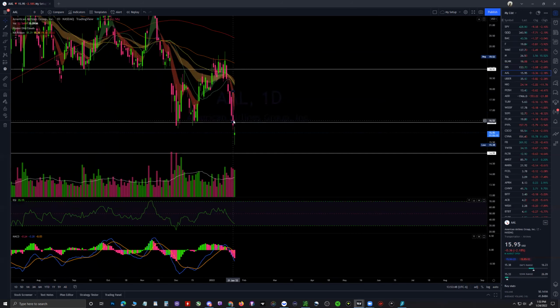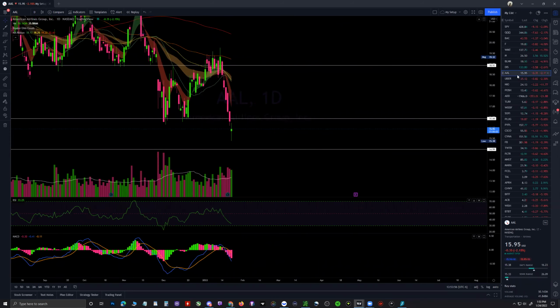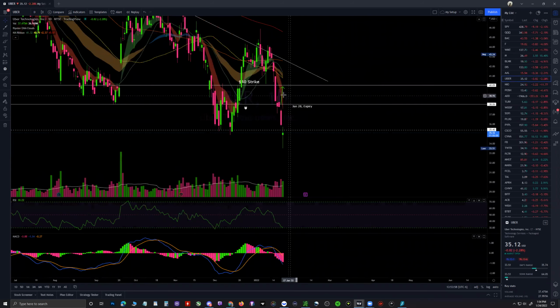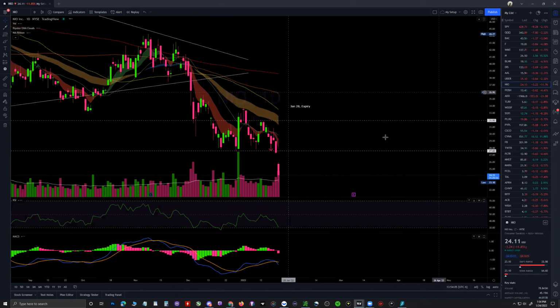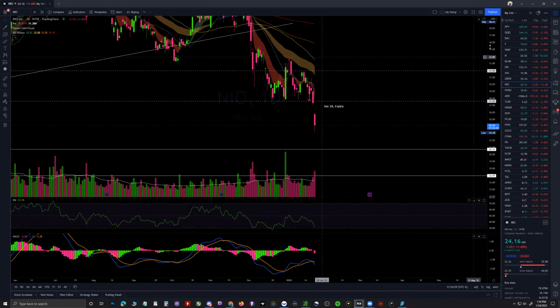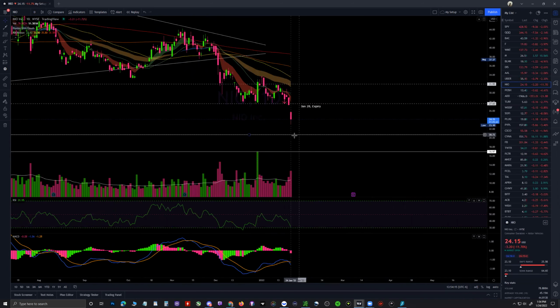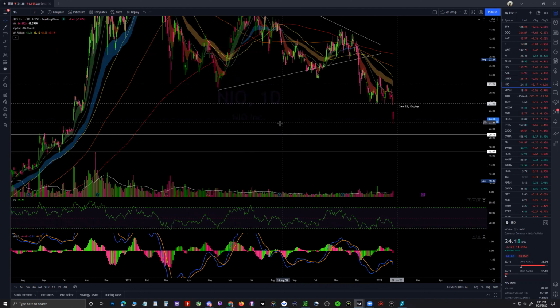American Airlines. Made some good money off American Airlines not too long ago. A little bit of a bounce today. Uber. Bouncing. Neo. Neo's not looking too good, guys, to be honest. I don't know who's all bullish on Neo, but I could actually see this continue to fall here because there's currently no support for it until